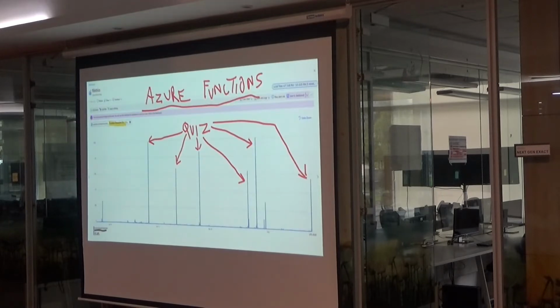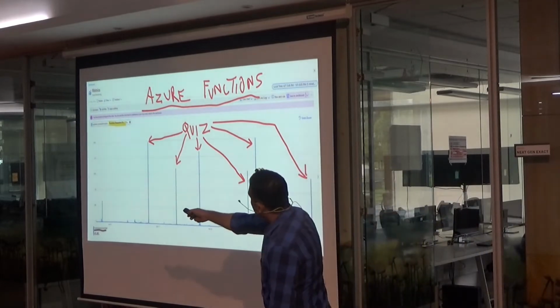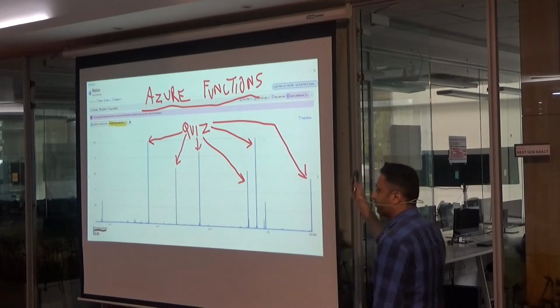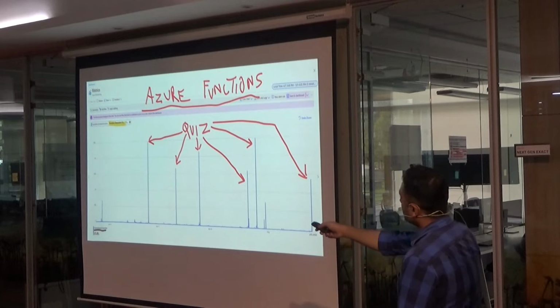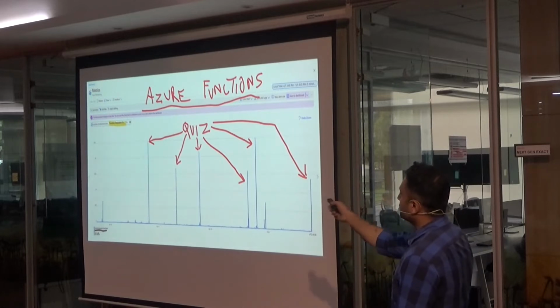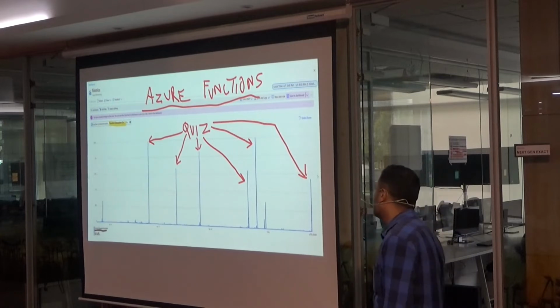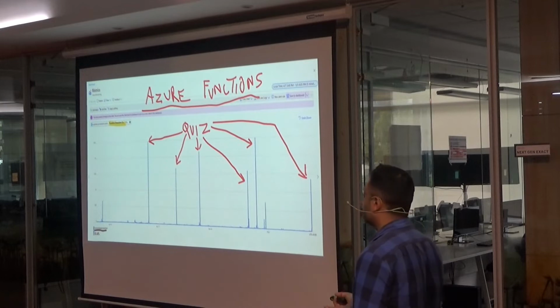So this is what our workload looks like. It's flat throughout the week, but whenever you have quizzes, traffic increases 5,000x or 30,000x depending upon the number of users. So when the quiz is not happening, people are just using the landing page, they are registering for quizzes, they are creating a user profile. It's a simple landing page operation.